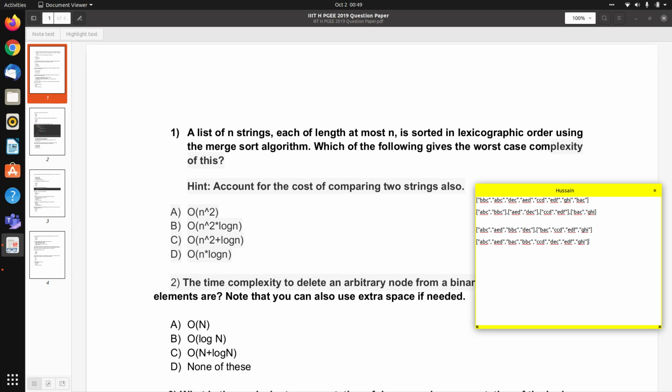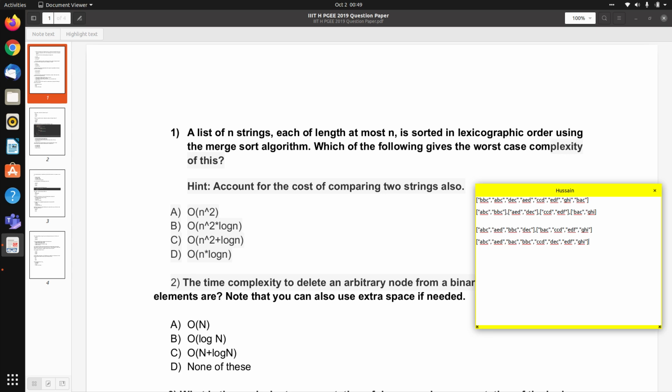Now we know that if in the initial level there are n number of elements, then in the next level there will be n by 2 elements. Okay, and then n by 4, n by 8 up to 1. Okay, so initially we started with 8, then 4, then 2, and then 1.